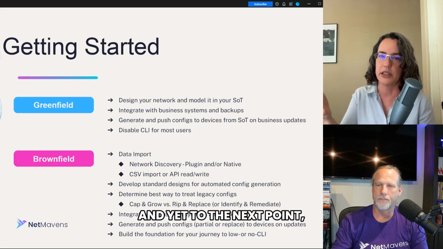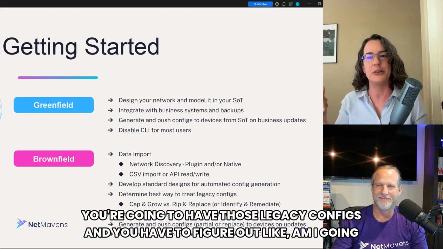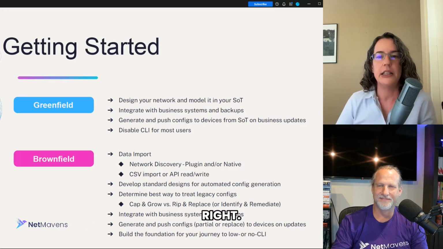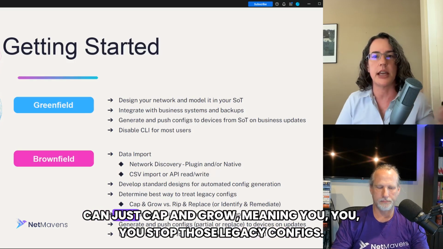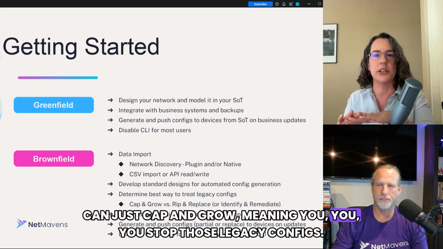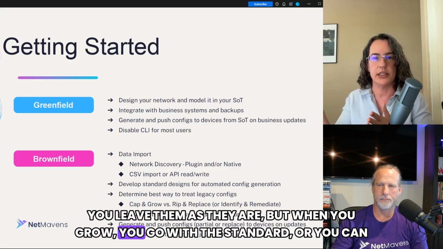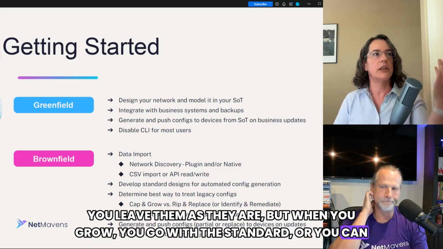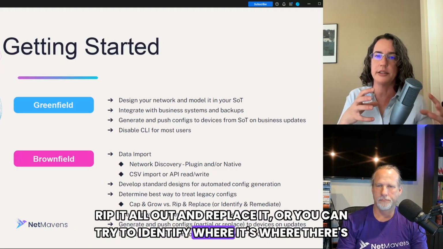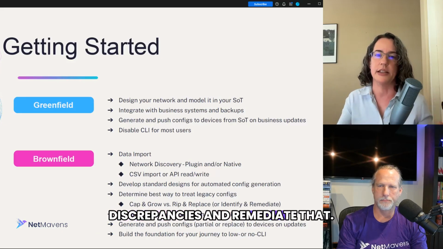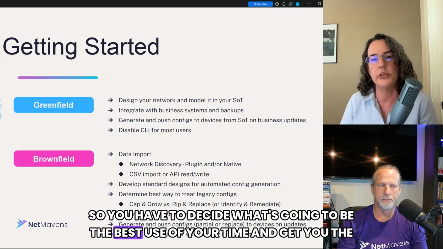And yet, to the next point, you're going to have those legacy configs and you have to figure out what am I going to do to deal with that, right? So there's a few different options. You can just cap and grow, meaning you stop those legacy configs, you leave them as they are, but when you grow, you go with the standard. Or you can rip it all out and replace it, or you can try to identify where there's discrepancies and remediate that. So you have to decide what's going to be the best use of your time and get you the